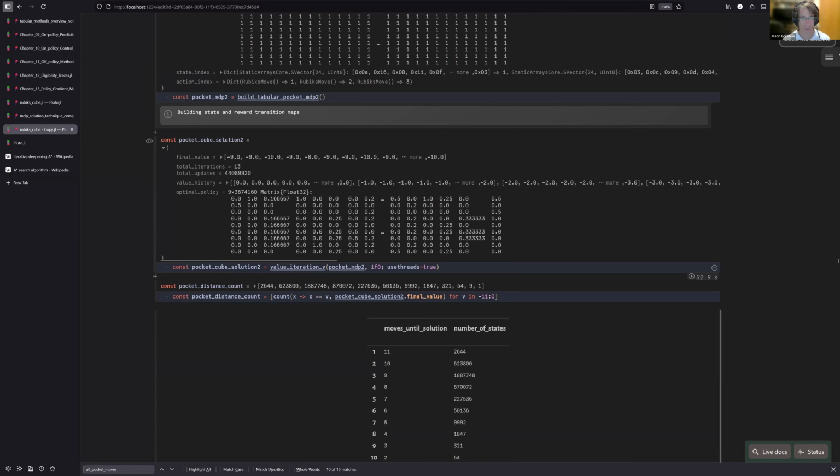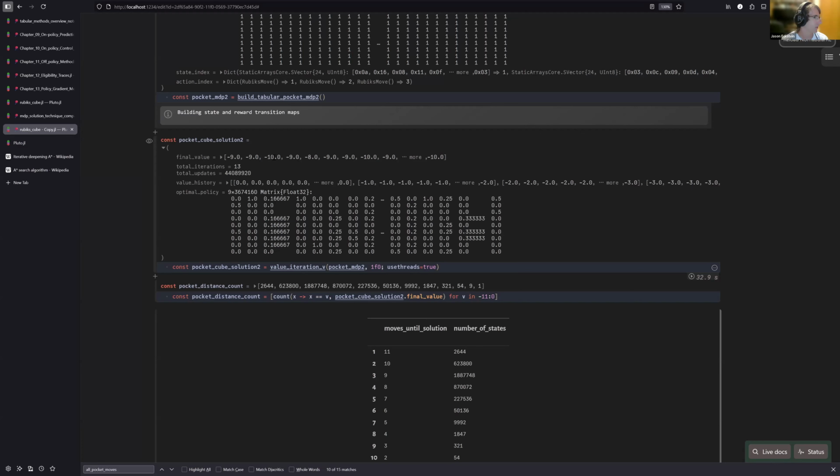The cube that's 1 move away from solution would have a value of 1, but then 2 moves away would have a value of 0.9, and then 0.81, right? It would be 0.9 to the power of how far away it is. So the values would be different. They would not scale linearly with how far away they are from the solution. The values would be harder to interpret if we do it that way, but